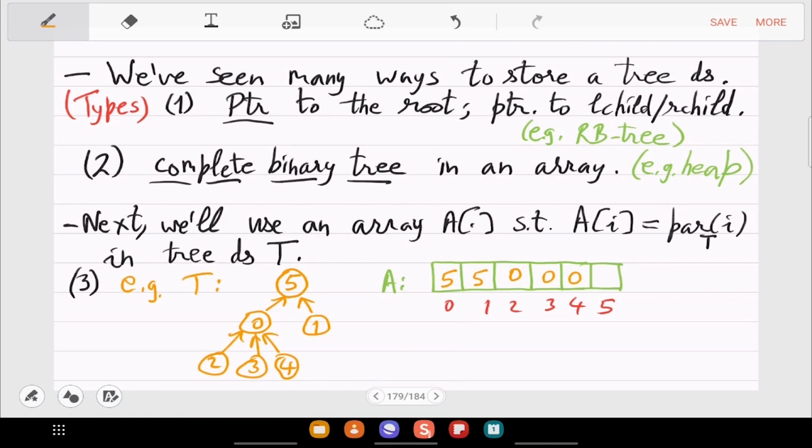So in the array, we somehow want to highlight that this is a root. Right? So what we can do is we can just add a self loop. We can just say that A5 is 5.